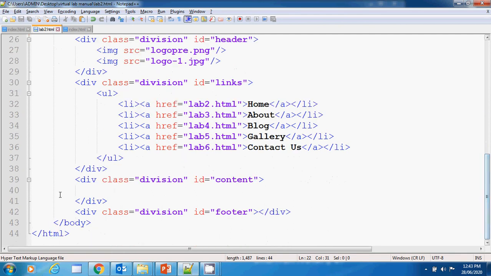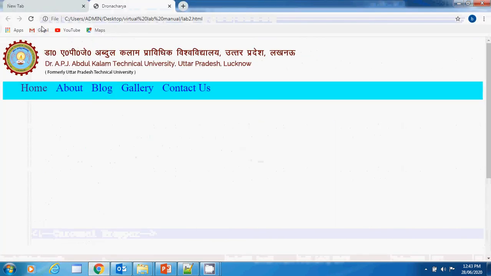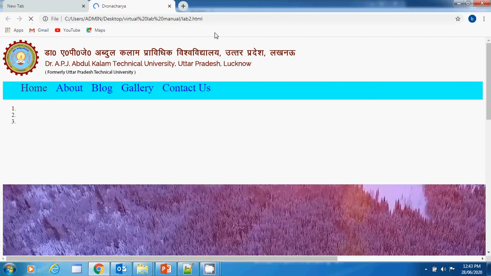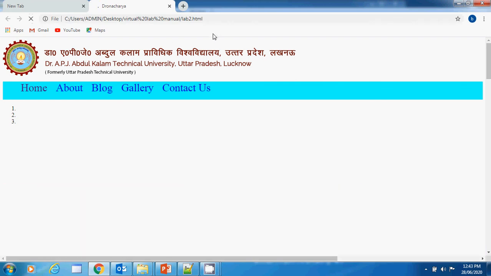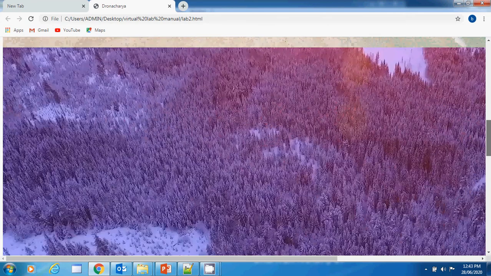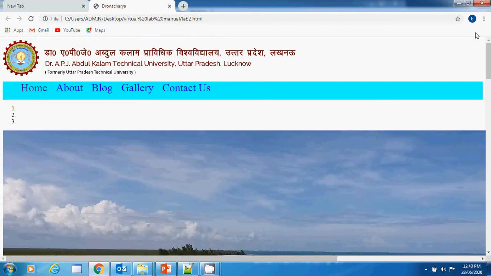This is our content section, and here we are pasting that thing. Right, now if I refresh it, now these images are being applied over here.